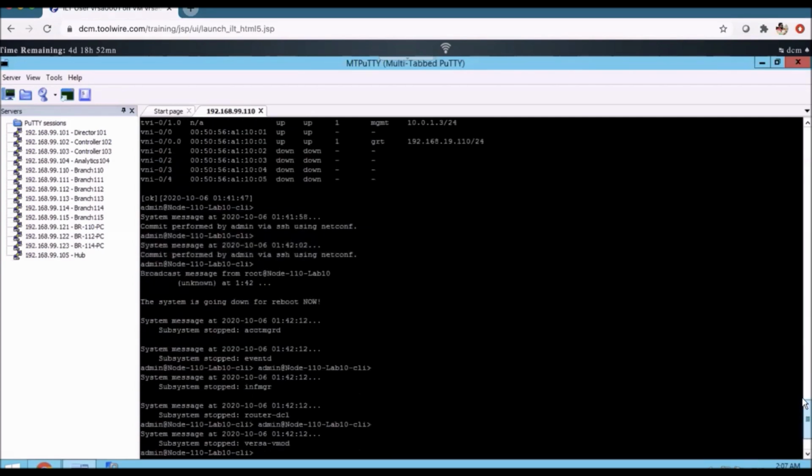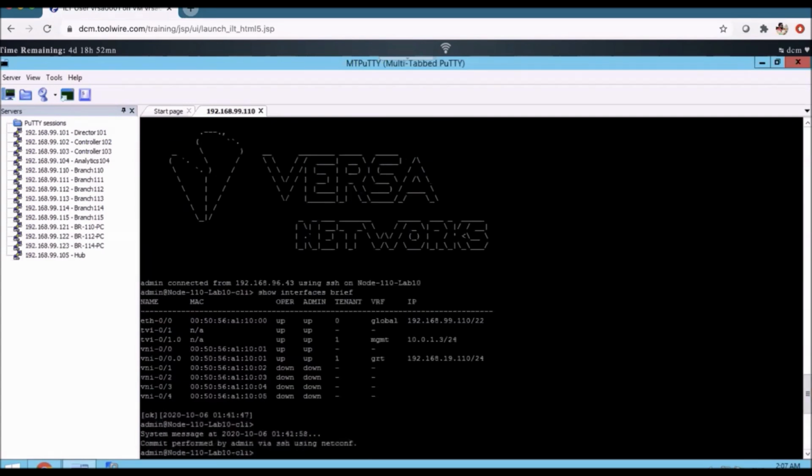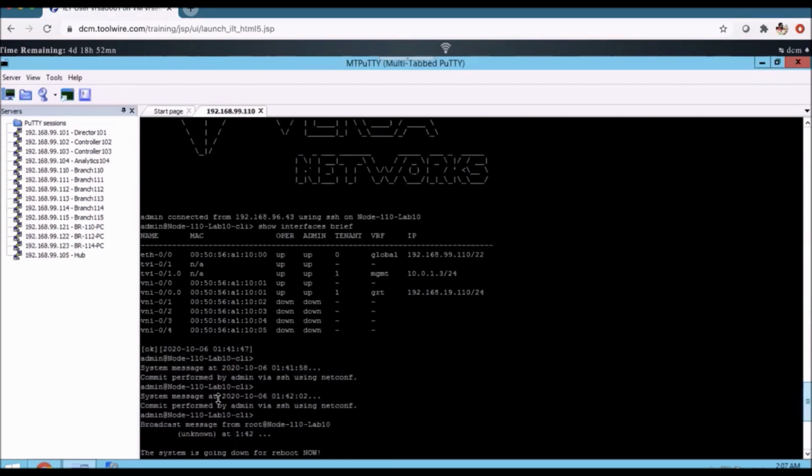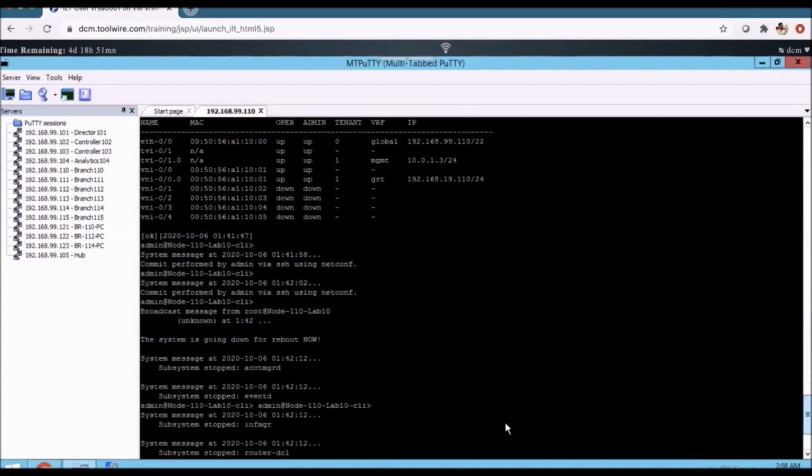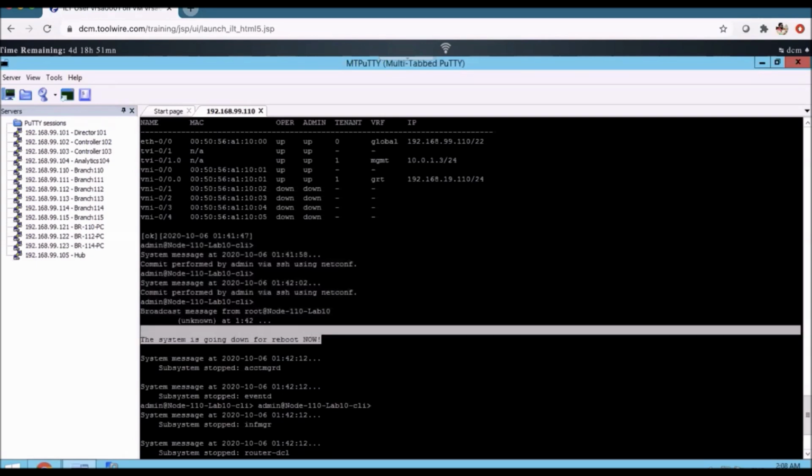If you look at this process, what is going to happen? So the script is simple. The IP address is allocated on the WAN interface, the temporary IP address, it got it. And if you look at the next process, look here, the commit performed by the admin via SSH using the netconf, which tells that the branch onboarding is getting successful. Okay, controller to branch VPN is up. The controller has updated the director with this branch serial number. So the director has established the netconf session, and the configuration is getting pushed to the branch. Okay, so what is going to happen? The device is getting rebooted.